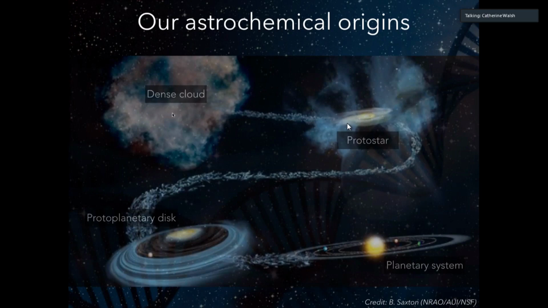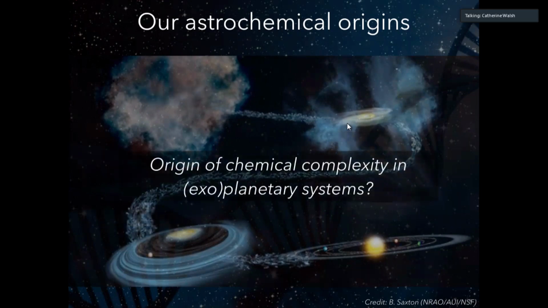So you've heard a lot about chemistry in various different environments already. So you've heard about chemistry in dense clouds, protostellar envelopes, protostellar cores. And the common theme is that all of these environments show that chemistry in space finds a way to really make these quite large molecules. One of the big questions that we have in the field is, given that we know that dense clouds and protostellar envelopes are very chemically rich in these large molecules, is the chemistry that we then see in our own solar system and possibly in other exoplanetary systems, does it have its origin back in the very earliest stages of the